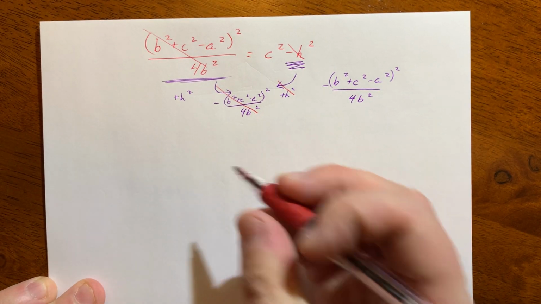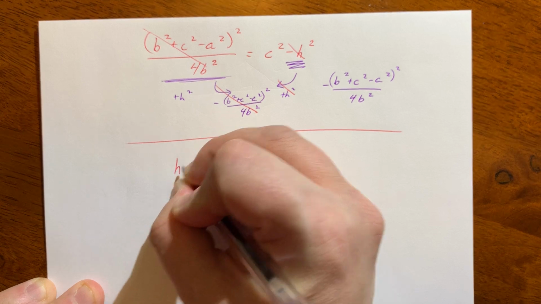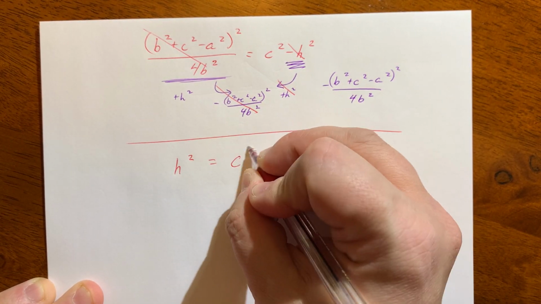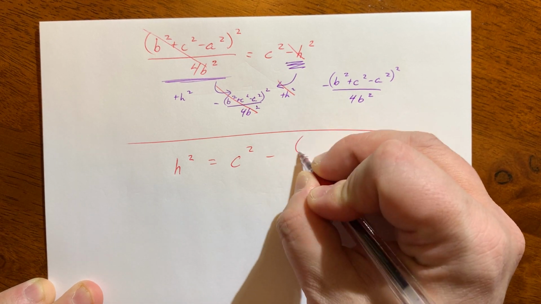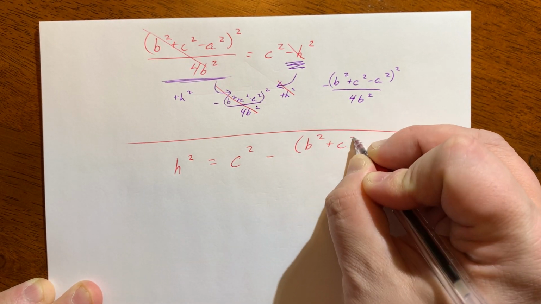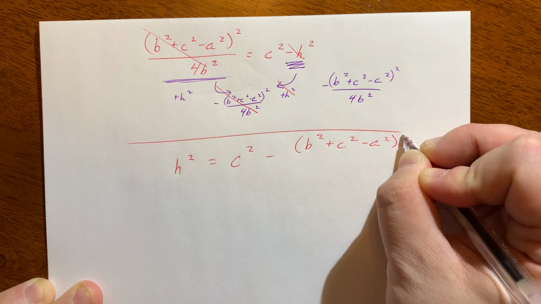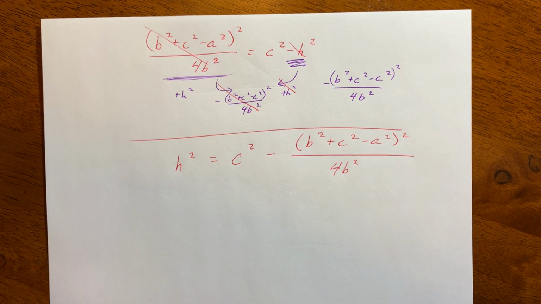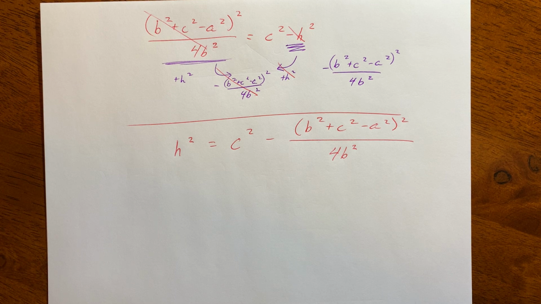So I'll have only the h squared on the left, and then I'll have the c squared minus this fraction on the right. Now at this stage, these are all algebraic rules that you've learned so far, but you may